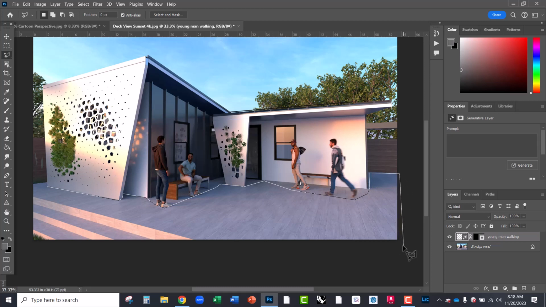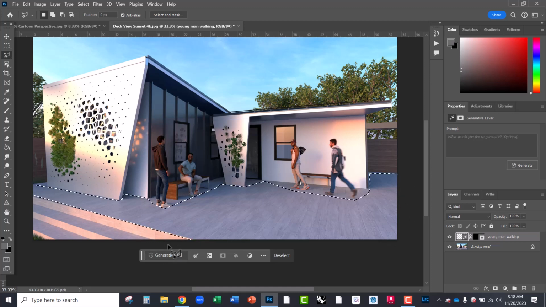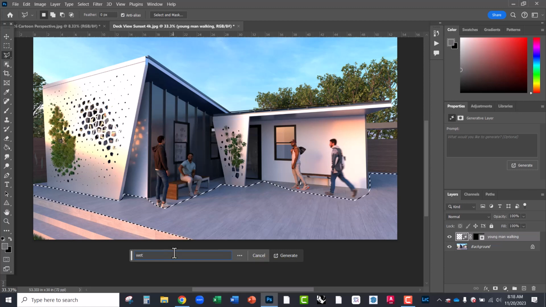And I'm going to use the generative tool, generative fill, to say wet tile or wet deck